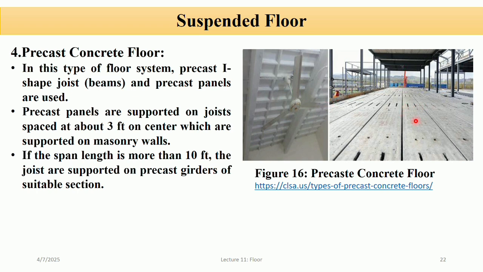So if the span is larger or greater than 10 feet, about 3 meters, the joists are placed on precast concrete girders. These girders act as intermediate supports and help handle greater loads and longer spans. So this system is fast to construct, uniform in quality and efficient, especially for projects needing speed and repetitive floor